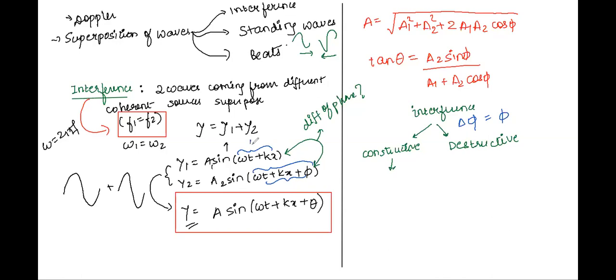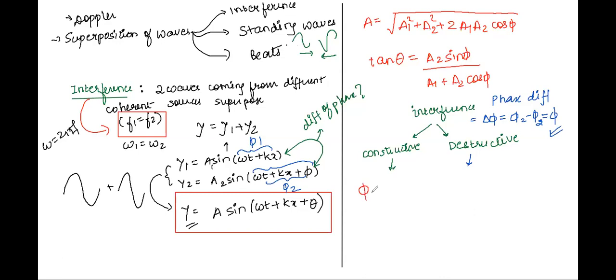So here let's say phase is phi 1 and here phase is phi 2. So what would phase difference mean? Class, please take this down. Phase difference will be equal to delta phi, which is phi 2 minus phi 1, and that is equal to how much, Atul? Phi, right? Okay. So what is the value of phi for constructive and destructive? Do you have an idea about it, Atul?